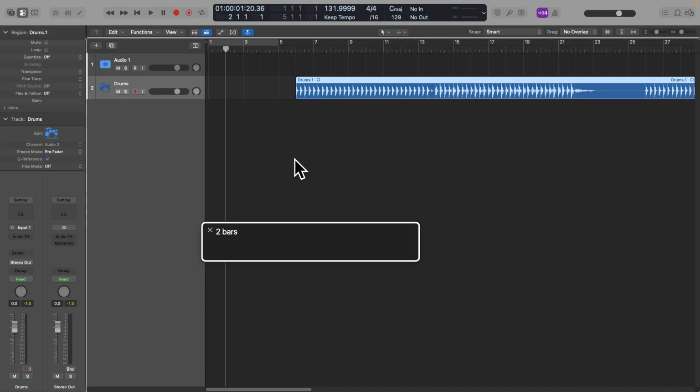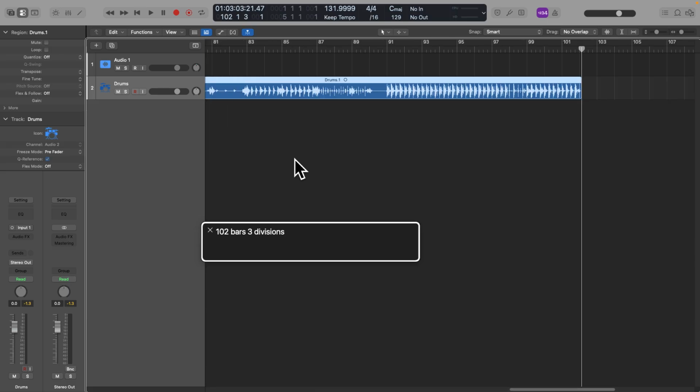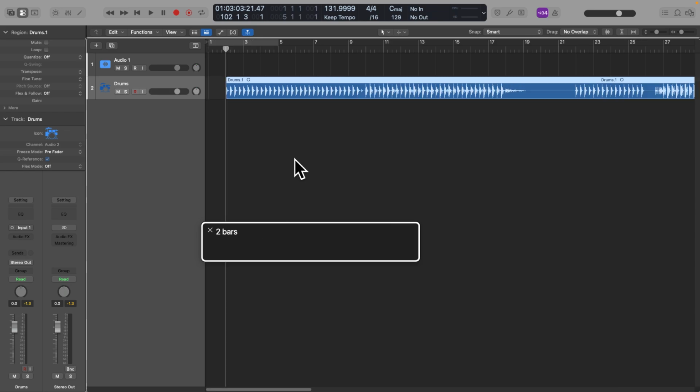That's super easy, guys. Place your playhead wherever you want. Let's say at bar 2. And because that region is selected, because we've been working on it, press the semicolon button only. No Command, no VO keys, nothing, just a semicolon. And now let's check. 102 bars, 3 divisions. And the beginning, 2 bars. And if I press play from the beginning,